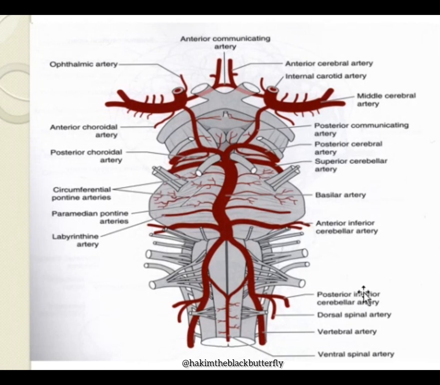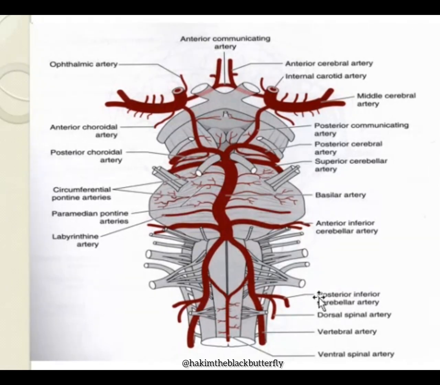That is why they call it inferior cerebellum. But the inferior surface of the cerebellum is divided into the posterior portion and an anterior portion. So when they call it posterior inferior cerebellar artery, it means that it supplies the posterior part of the inferior